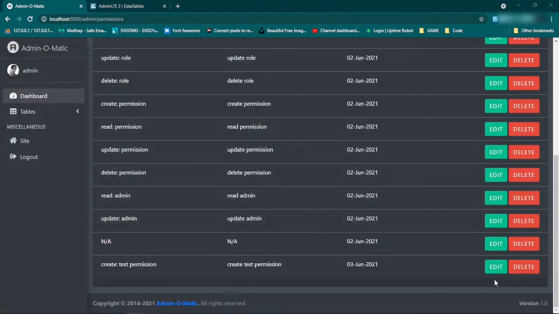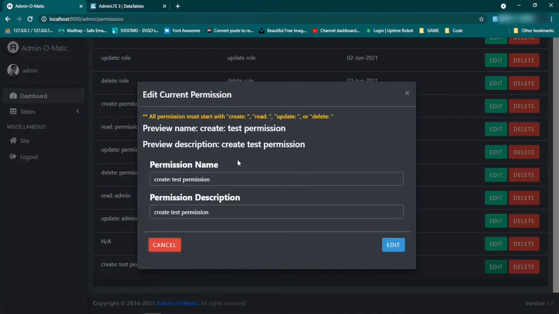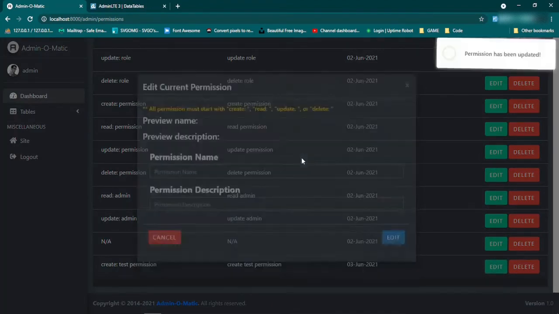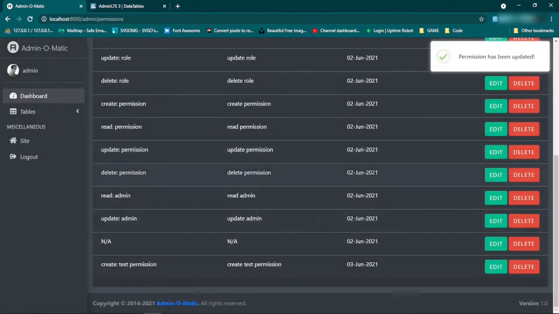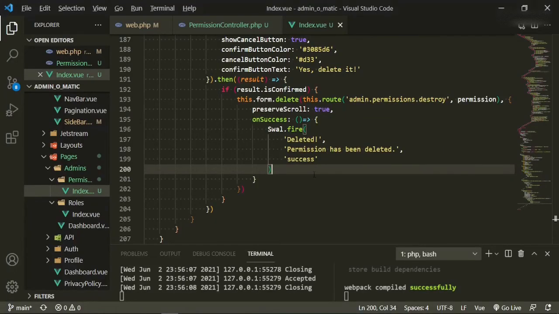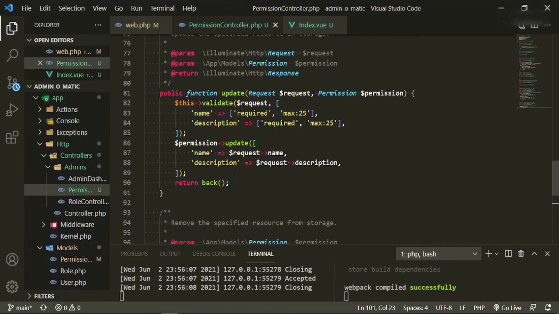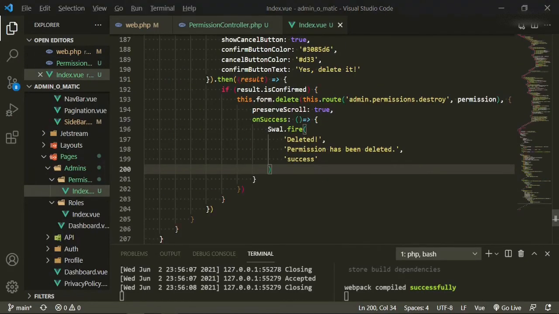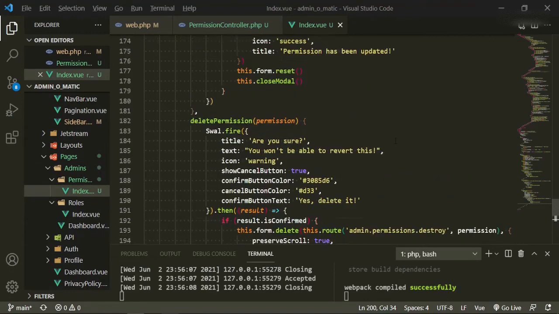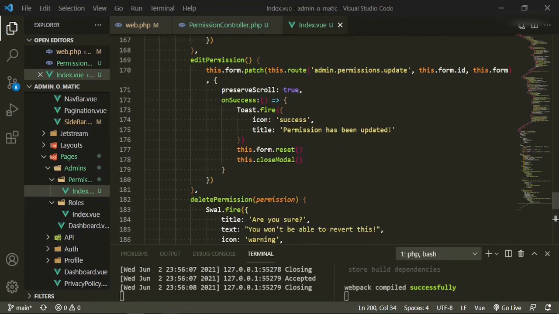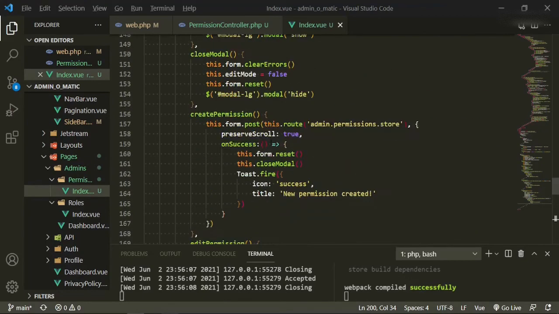Okay, so first things first, let's try to edit. And let's make sure that our validation is coming through. Oh, that's not good. Let's see. I did put it in here, right? Validate. Update. Index. Okay, admin permissions. Update. So this should be good. I don't know why it's doing that, but